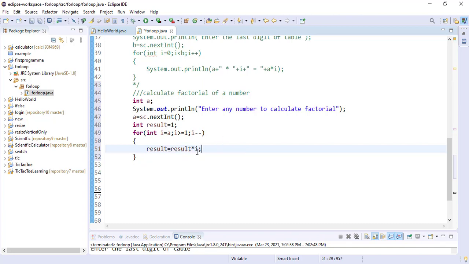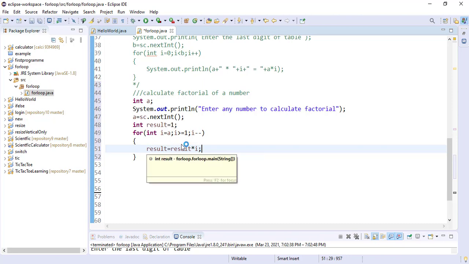So now let's see how this code is going to work. On starting, let us suppose I want to calculate the factorial of 4. So in starting, i contains 4. So 4 is greater than or equal to 1, so this condition is fine. The code comes here. Now what do we store inside our result variable? result into i. So i contains 4, so 1 into 4. So now result contains 4, not 1. By default result contains 1, but now result contains 4.